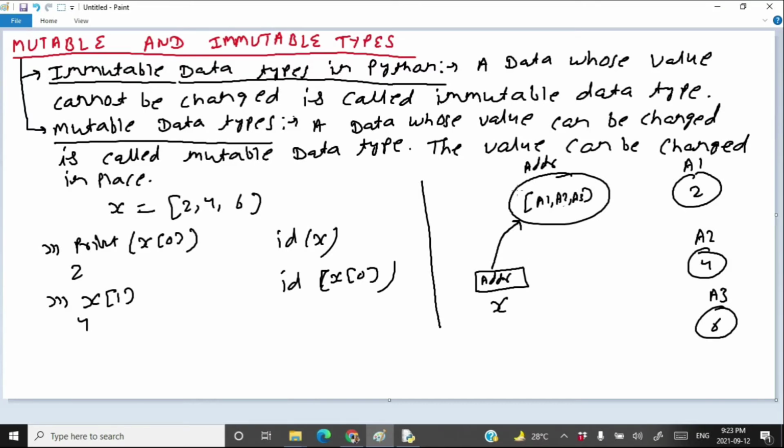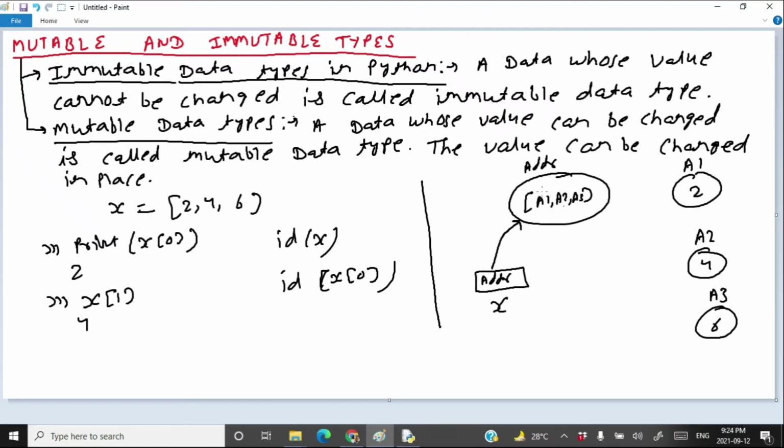So x contains ADDR1, which is the address of the list object, and this list object contains the addresses A1, A2, and A3, which are the addresses of 2, 4, and 6.